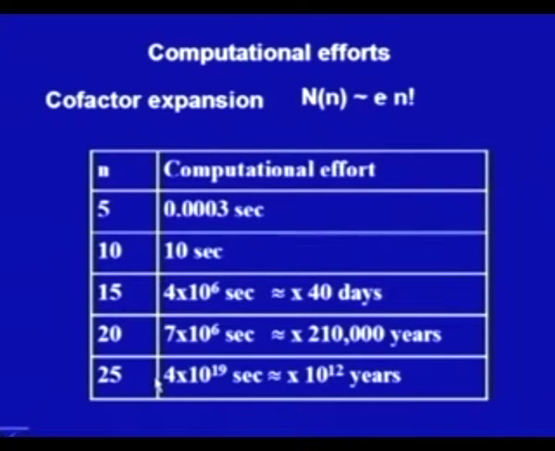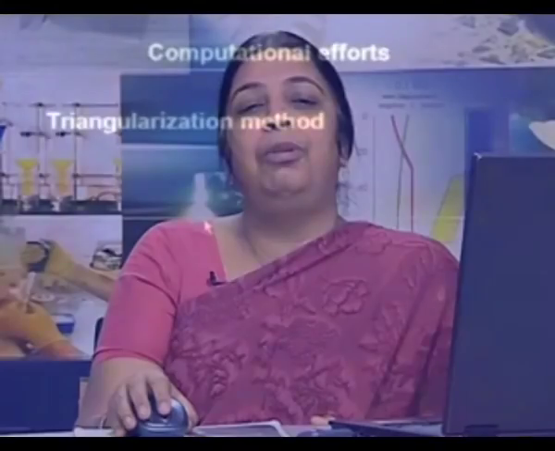Now, engineering applications require large matrices to be handled, and we have to be computing determinants of higher orders. So, if this is the scenario, then it will be difficult to use determinants in practice. So, we will not be using cofactor expansion; rather, we will be using another method, which is called the triangularization method for computing determinants.